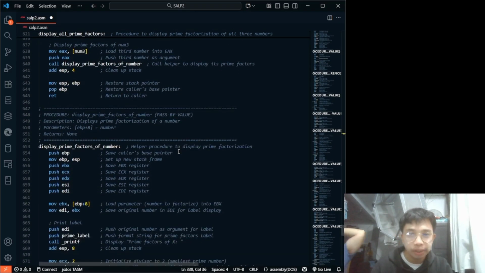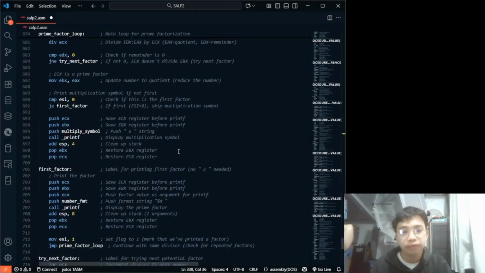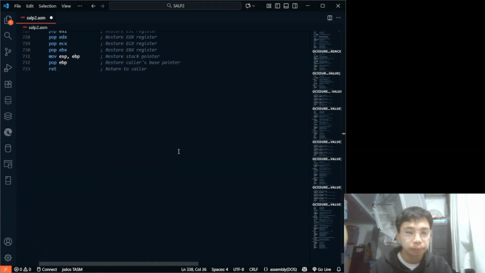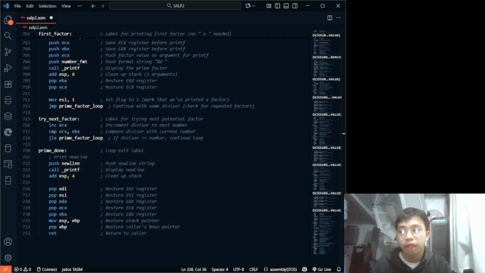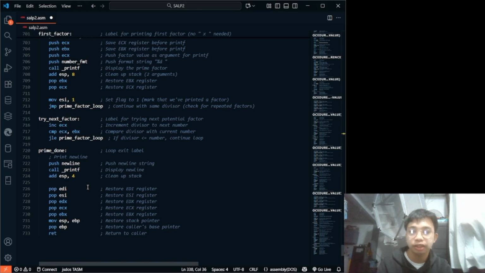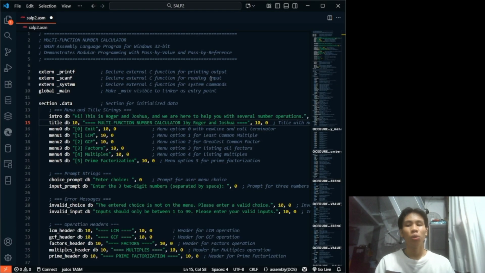So that it will display the prime factors of a number. After that, that's all the code. But I will end the loop when the user enters 0. The program displays "exiting the program", and it calls system pause to stop the console before ending. And let's go through each menu option step by step based on the test cases.